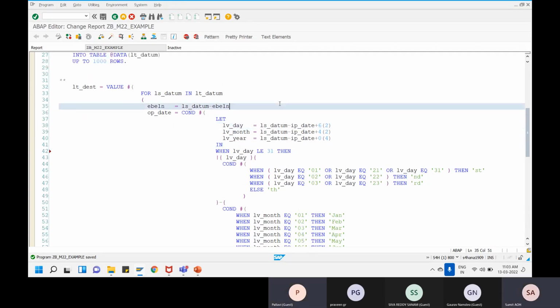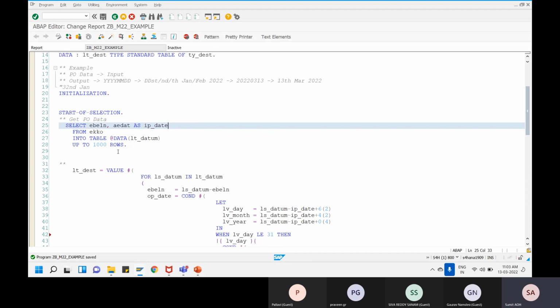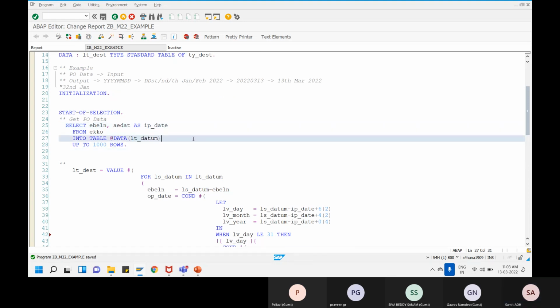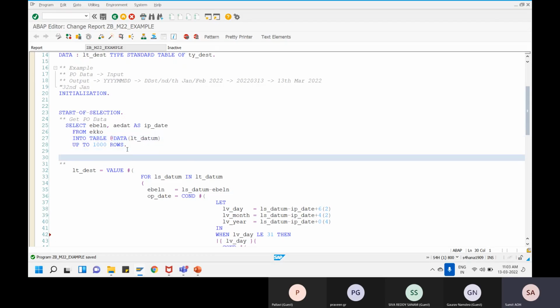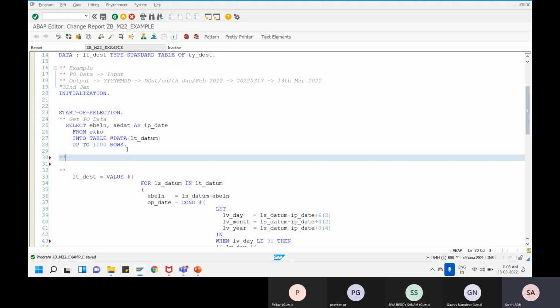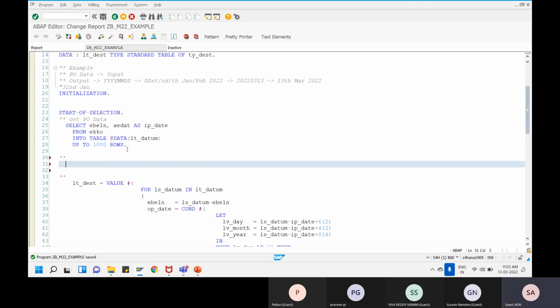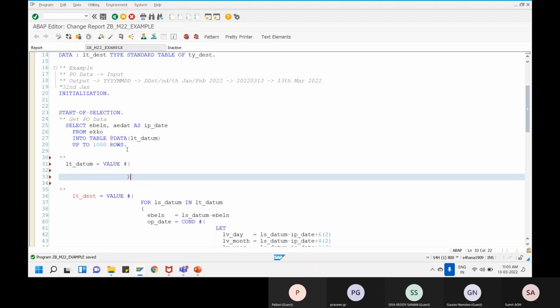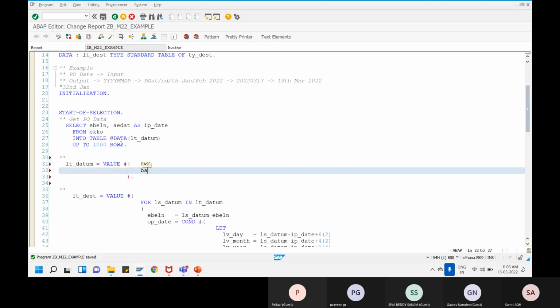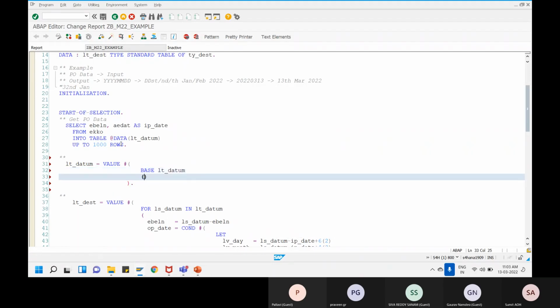Okay, perfect. Now, next thing we are willing to have over here is, let's just say I do have an EBELN over here. Now, for example, I want to add some more dummy information to it. So for example, LT datum over here, and here I want to pass EBELN equal to 123. And let's just say the input data I'm willing to pass over here is, let's just say,